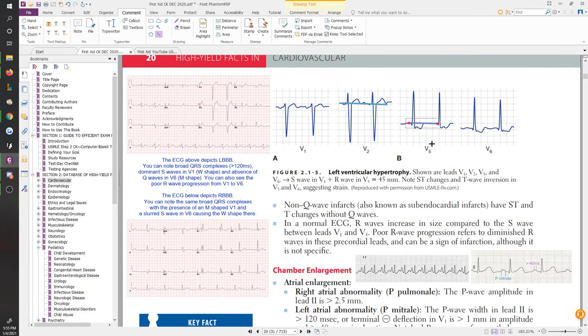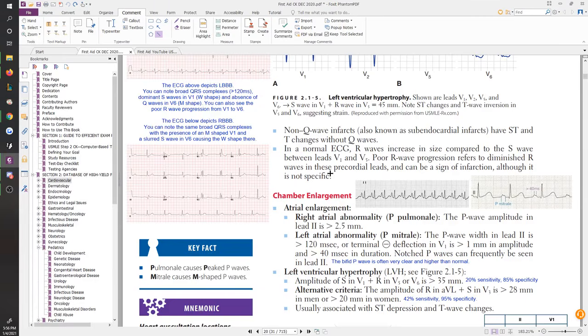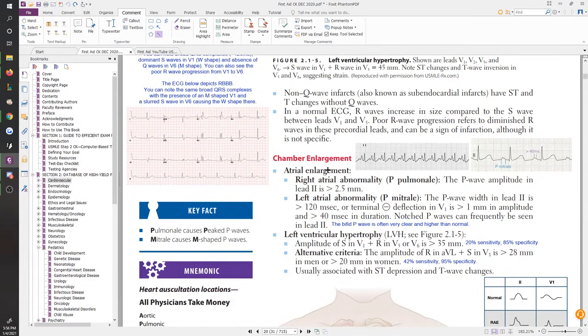Right, so there's definitely ST changes that you're going to immediately start using to think, okay, this person might have had an MI, either subendocardial or transmural, doesn't matter. An MI is an MI. You start giving the patient the treatments they need for their MI, and eventually put them in the cath lab and catheterize their hearts and take out anything that you need to, right? Put stents in wherever appropriate. But some of the more appealing things to catch are the atrial enlargement things, okay?